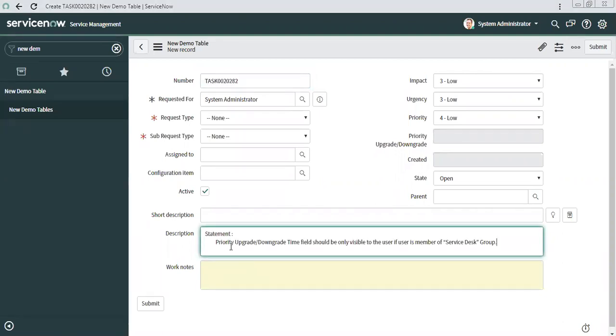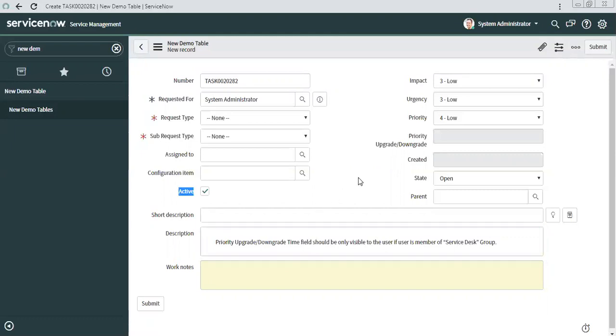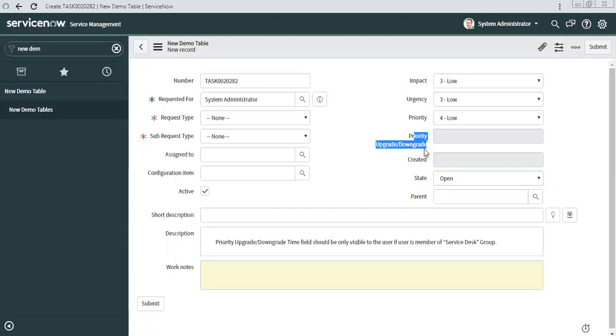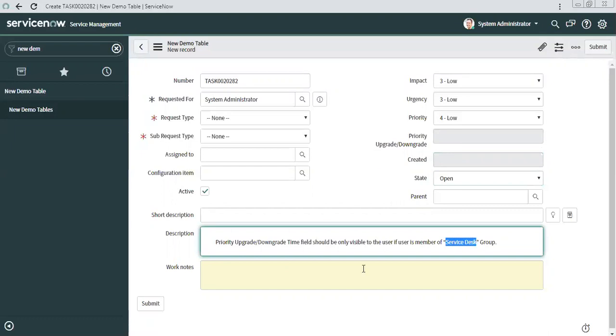Column statement. User is member of, has role... Oh no, sorry, is group of, is member of. So basically, my requirement is that if this person belongs to this particular group, then only he should be able to see this field. Otherwise, he shouldn't. So for this, what do you think? What should be the steps?